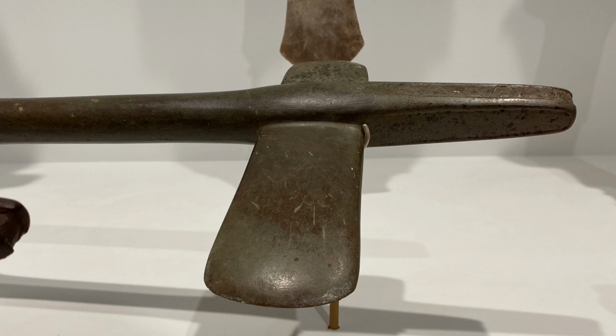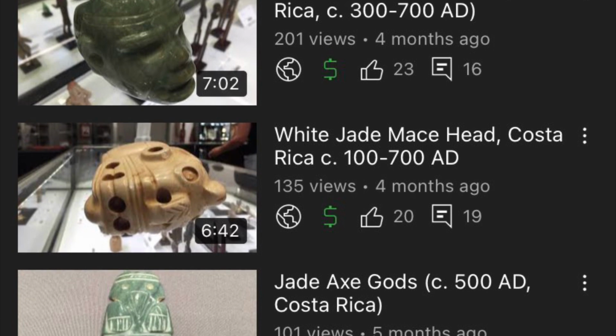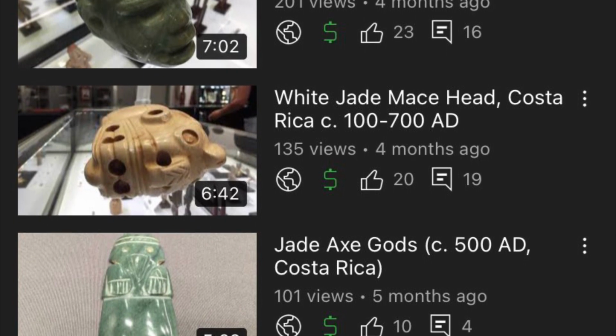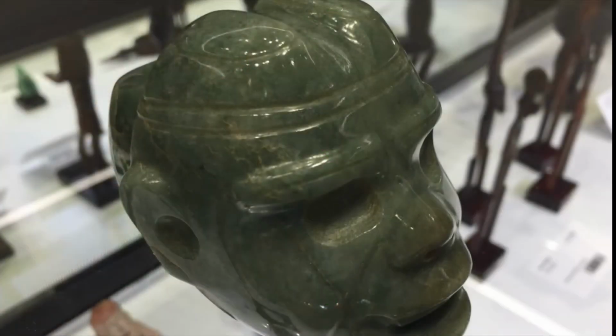But then again, my own channel shows evidence that people, at least roughly in this same area, I don't mean this part of North America, but just in the Americas, native culture would incorporate animals like the monkey, seen up top, and birds, seen at the bottom, into ceremonial stone objects. The one at the bottom is even an axe of sorts, so it's called a celt, a stone axe, which is what we're looking at today as well. And a bird, although I must say, if that's a bird, we can't say for certain, but if it is, and we think it is, then that's not a big, fearsome animal. Neither is a monkey. Monkey was an important food source in parts of Central America where this came from. Can't believe this thing only has 200 views. This is amazing. And it's like the coolest thing I've ever held. Anyway,